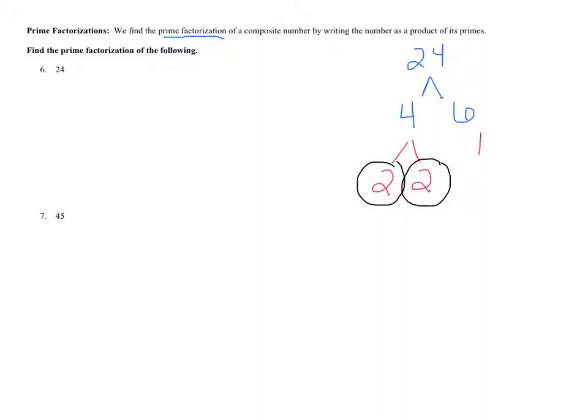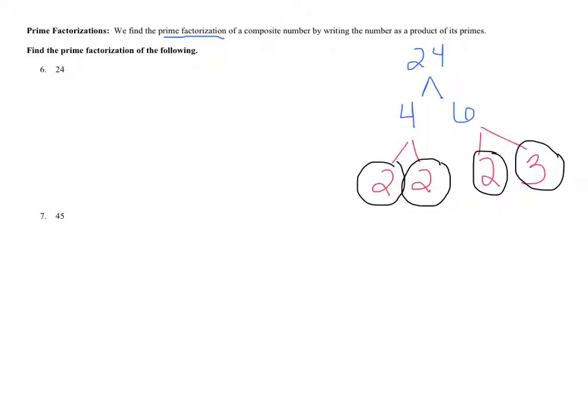6 can be written as 2 times 3. Is 2 a prime number? Yes, so I circle it. Is 3 a prime number? Yes, so I circle it. So we see that we continue our factor tree until we get to the bottom of each branch being circled